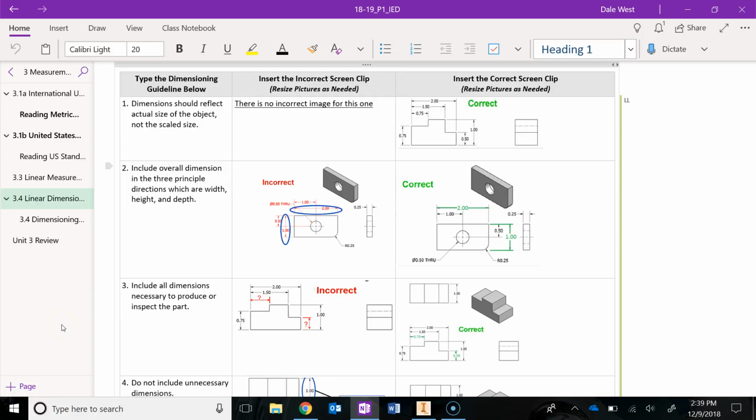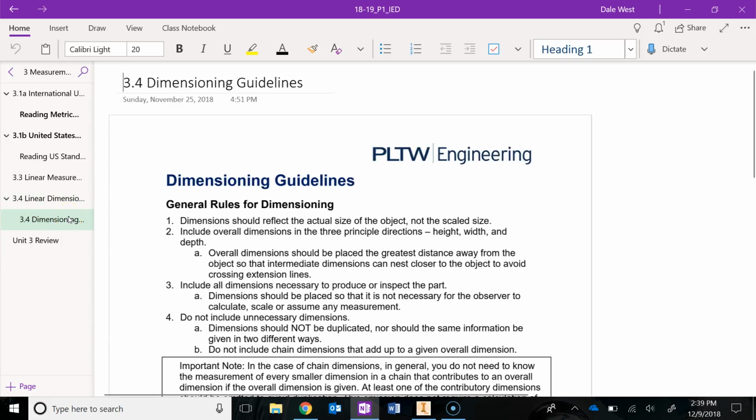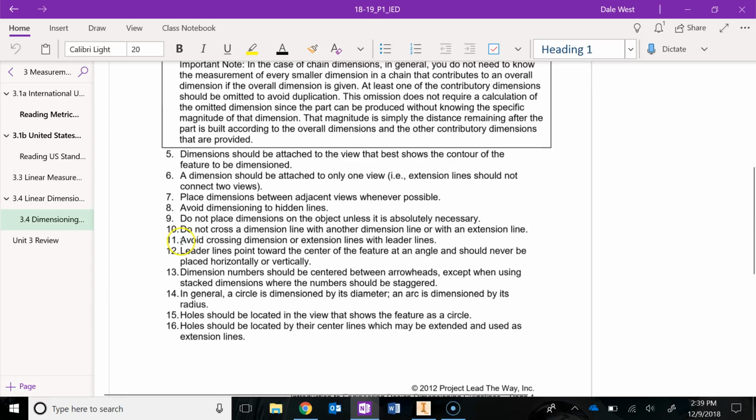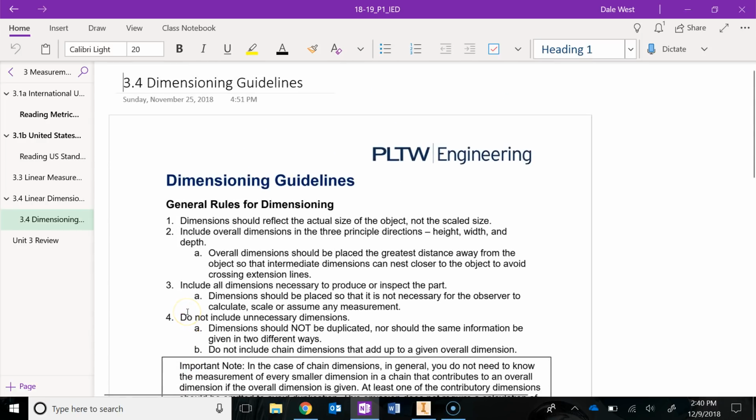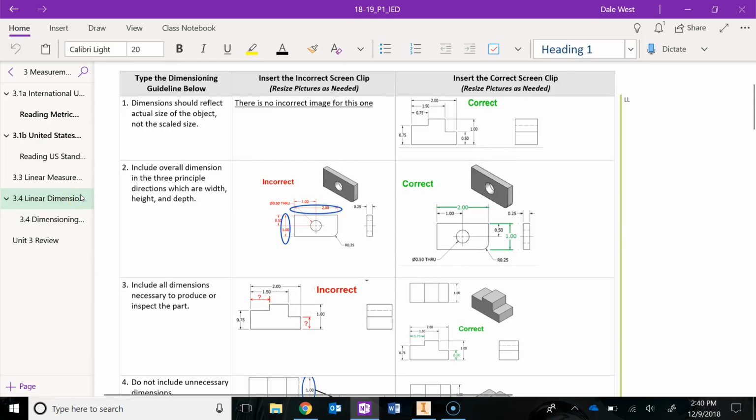Alright, in this video we are going to add dimensions to your model in your drawing file. Before we jump into that though, I want you to go back into your Unit 3 in your OneNote binder and review those linear dimensioning guideline notes as well as the actual guidelines that I provided you in the text form. There's 16 rules that we talked about, and based on those 16 rules, if you remember, you